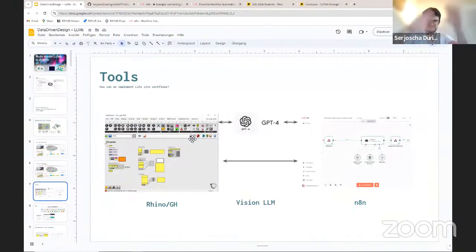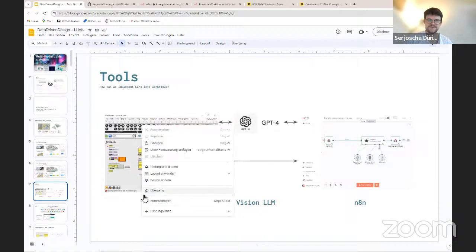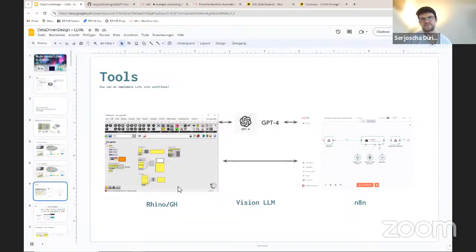Now, that's the background. The tools I want to show today, now it gets a bit more concrete, are first of all Rhino and Grasshopper, then ChatGPT, and also a platform called N8N, which is quite interesting. It's also a low-code platform, operates on the web, where you can create workflows connecting different APIs together, also calling into various large language model providers.